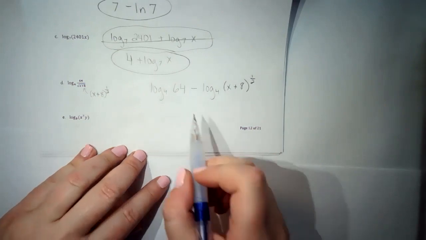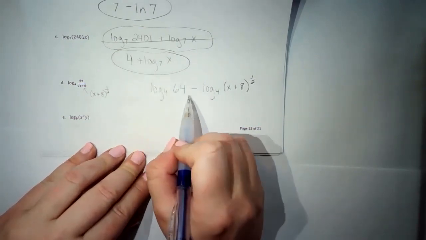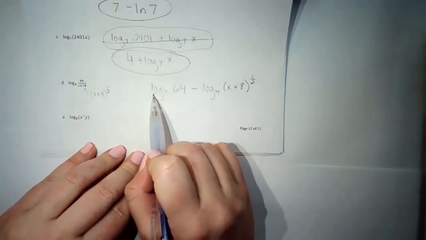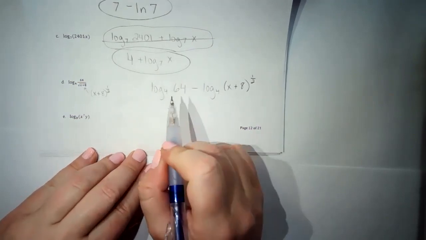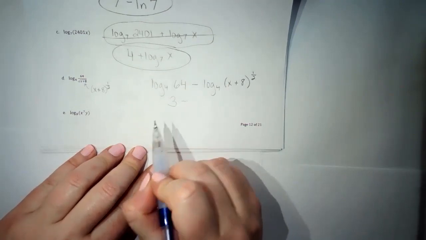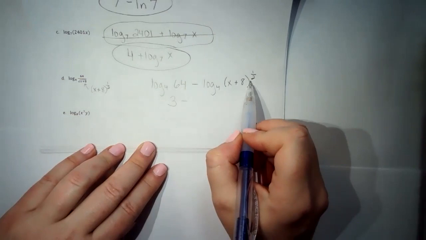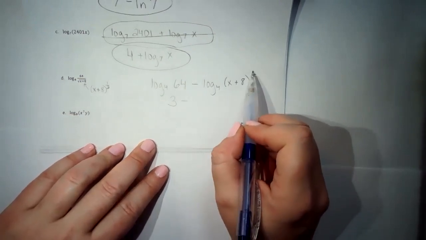First of all, let's look at this first term. Hopefully you're trying this in your calculator and you're doing log of 64 divided by log of 4. I know that comes out to be a nice little 3. Minus, okay. Now, when you are expanding logs, you want to take your exponent and you want to